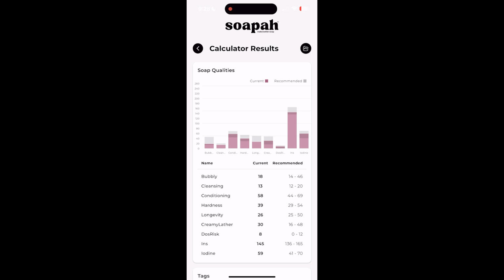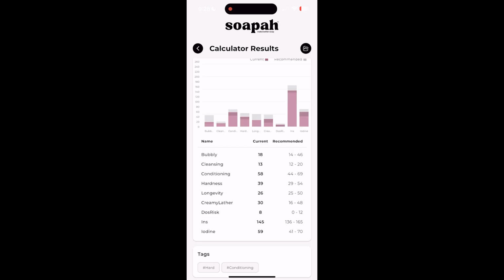Of course, soap making is finicky, and there are some soap types that may be way out of range of these recommendations, but they may be amazing soaps. For example, castile soap, pure olive oil, is not going to have any cleansing at all, and it is definitely not going to be hard, but that is an amazing soap with enough time of curing. Or pure coconut oil. It may seem very drying on this chart, it may seem like there isn't enough conditioning, but if you have enough super fat, it is going to counteract that,